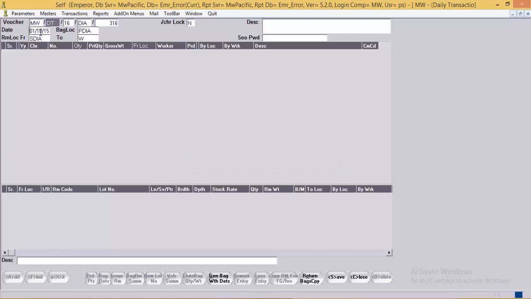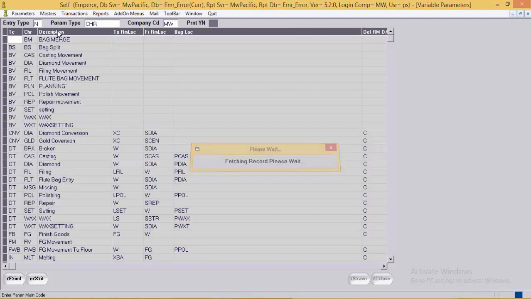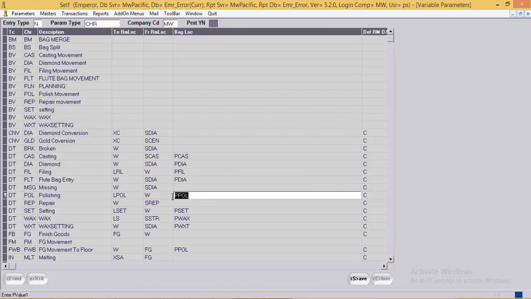The system will bring the current date. The bag location has been picked up from the variable parameter P type as CHR. The system gets the bag location from here.